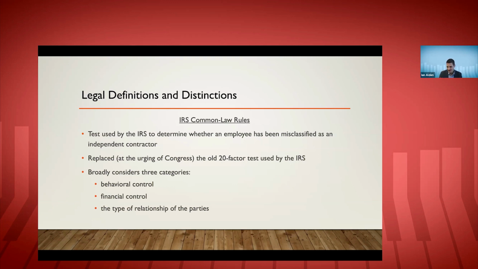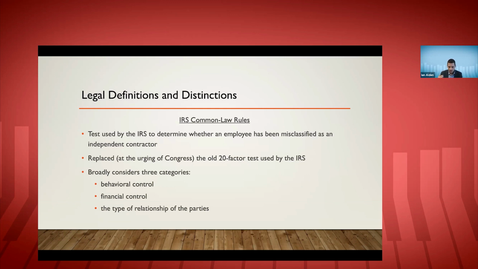This is the IRS test for tax purposes to see if someone is misclassified as an employee versus an independent contractor, because misclassification, as we'll talk about, has a lot of tax implications. If someone is misclassified as an independent contractor, you as the employer don't have the obligation to withhold income taxes. You don't have the obligation to pay the employer's half of Social Security and Medicare. That obligation for the employer's half gets punted to the person you hired, who then has to pay both halves, which is effectively 15.3% of whatever they make.